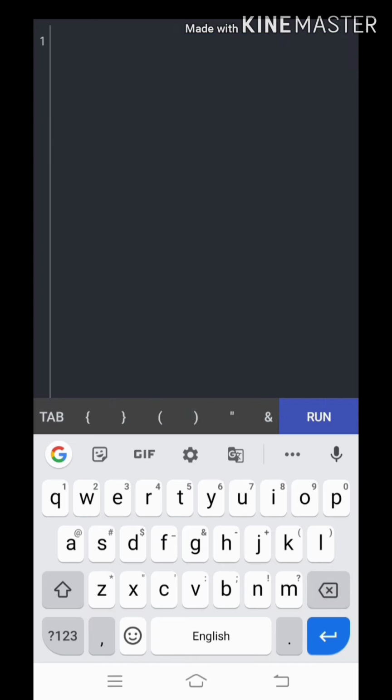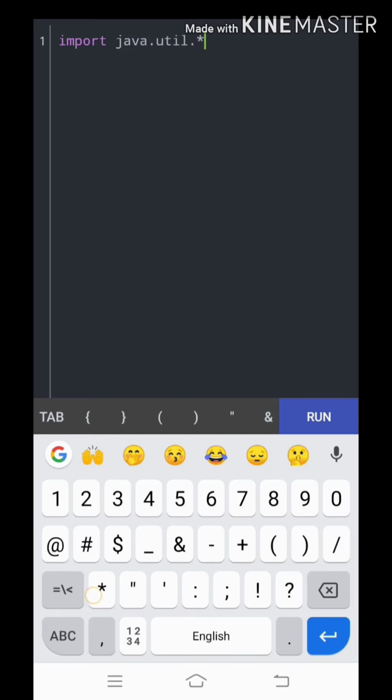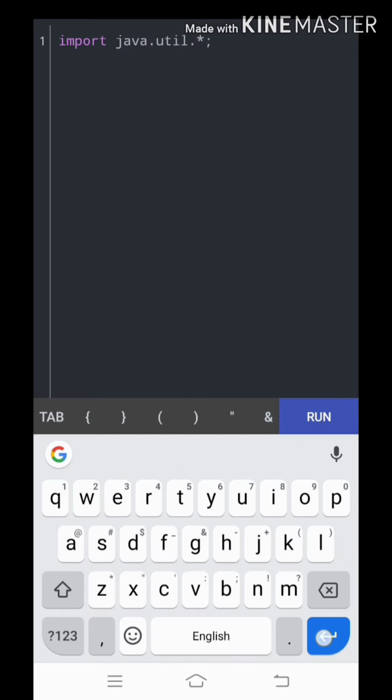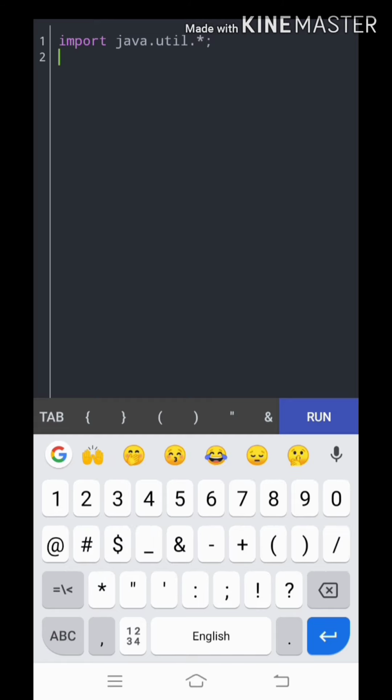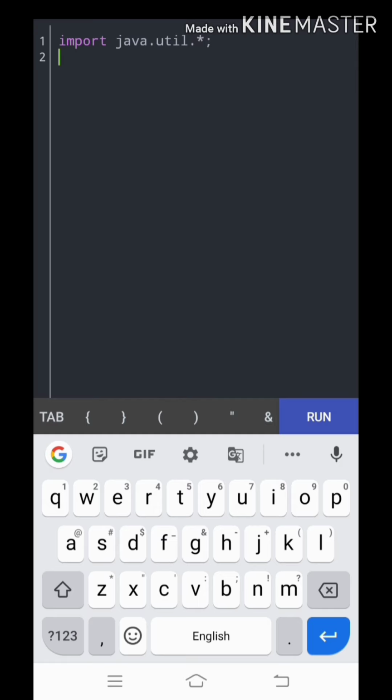So I have cleared all the data, and now I am going to write the import java.util.star. This package is used to call the functions which are predefined inside Java. Now I am going to create a class with the keyword class, and I am going to take the class name as p.